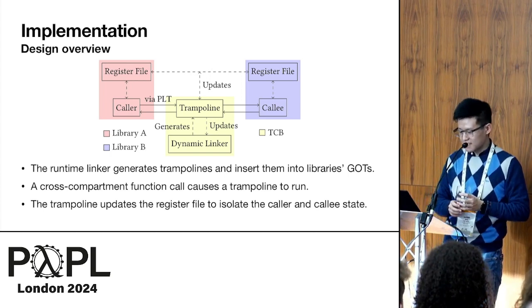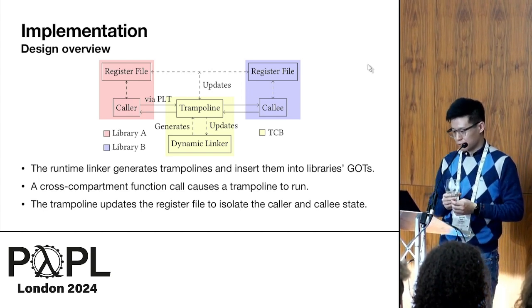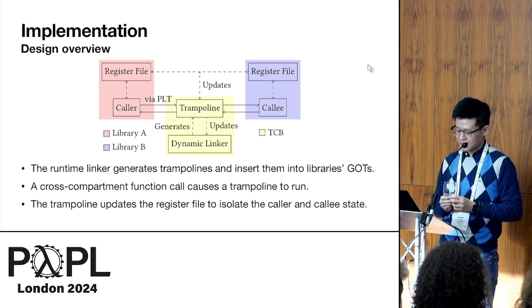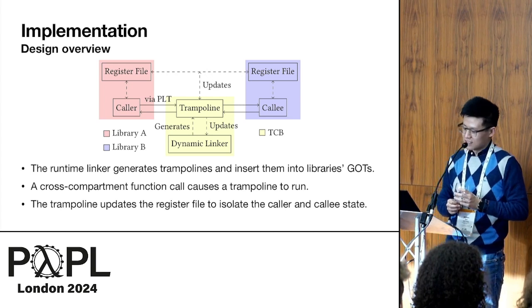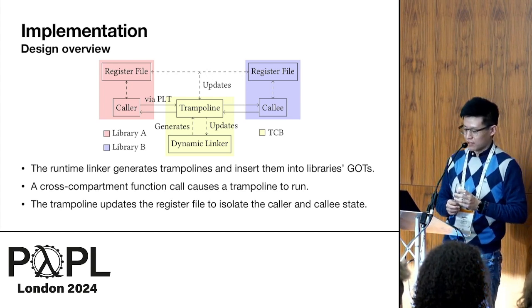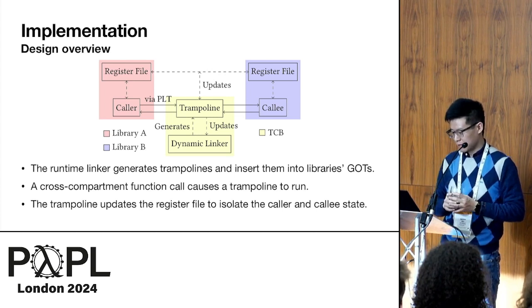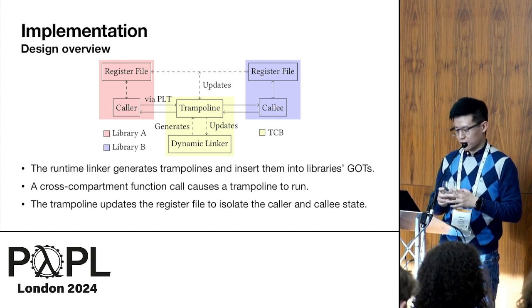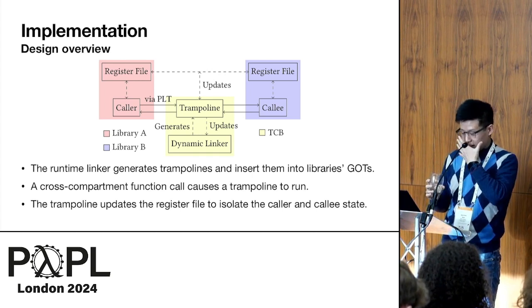In this diagram, you can see 3 boxes. The red box and the blue box are 2 libraries. And in the middle of them is the yellow box, which is the TCB. And the TCB comprises the dynamic linker and a number of trampolines, which are code that is generated at runtime by the runtime linker. Now,